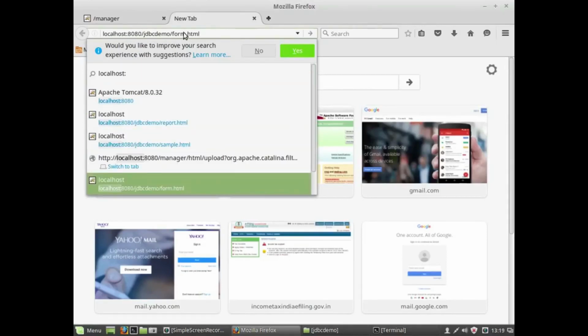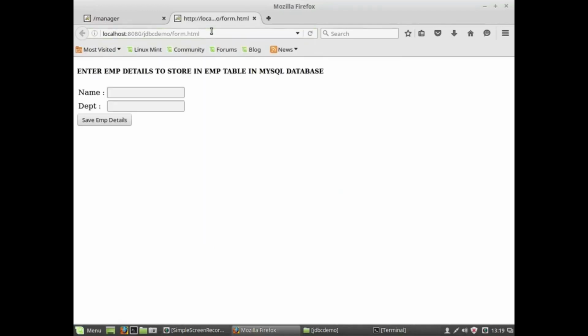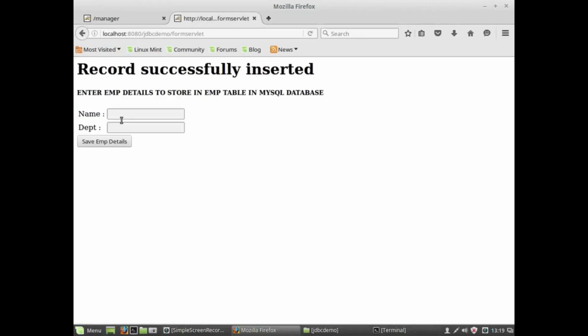This is our form.html. Look at this URL: JDBC is our folder name, and form.html is already there. Here I am providing some names. Let the name of the person be ABC, who belongs to the CSC department. So I am submitting the data.